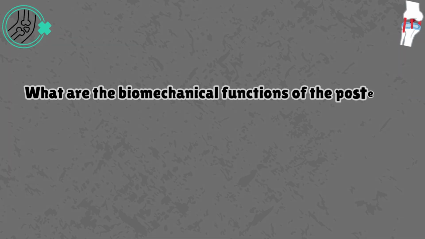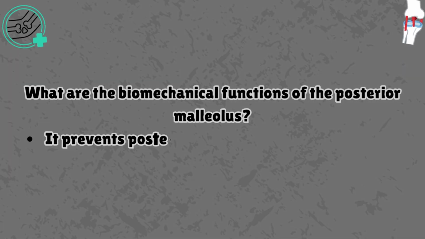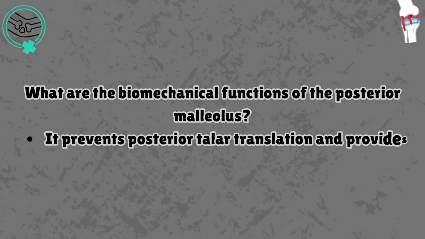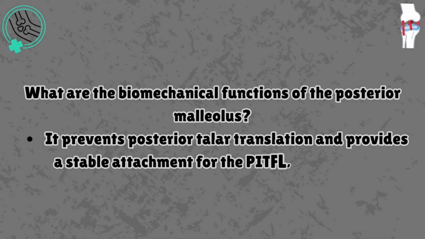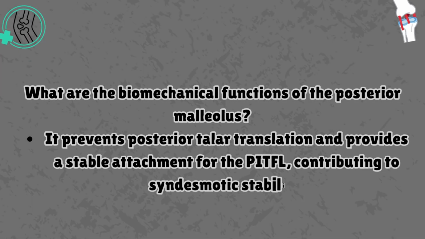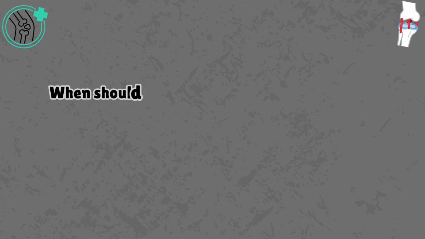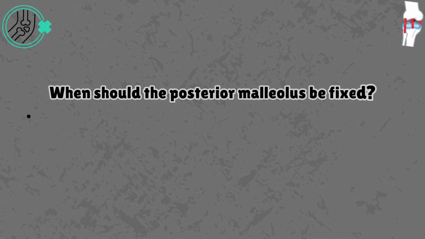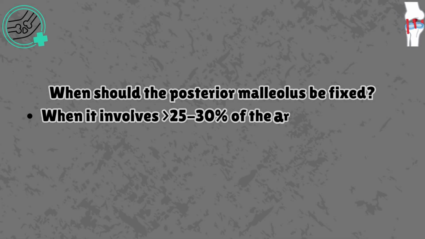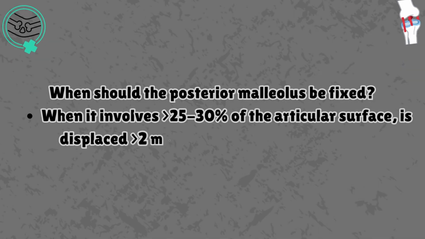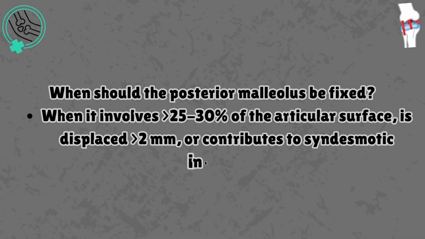What are the biomechanical functions of the posterior malleolus? It prevents posterior talar translation and provides a stable attachment for the posterior inferior tibiofibular ligament, contributing to syndesmotic stability. When should the posterior malleolus be fixed? When it involves greater than 25 to 30% of the articular surface, is displaced greater than 2 mm, or contributes